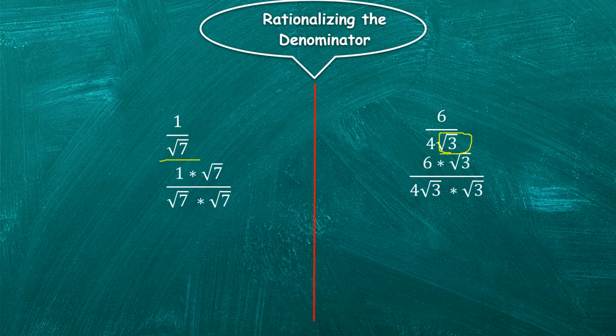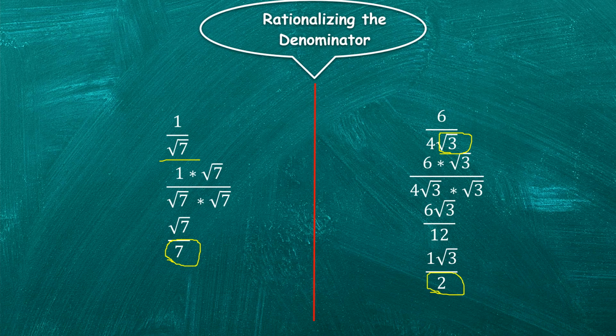So what we'll get is, here in the first example we'll get root 7 by 7, that is root 7 into root 7 is 7. Here 4 root 3 into root 3 is 12. Again, if we simplify in the second example, what we'll get is 6 divided by 12 is 1 by 2. So the answer we'll get is 1 root 3 by 2. So here, if you observe, in the first example, the denominator is a rational number. Here also we got a rational number.